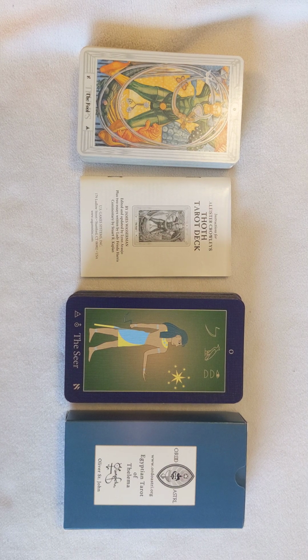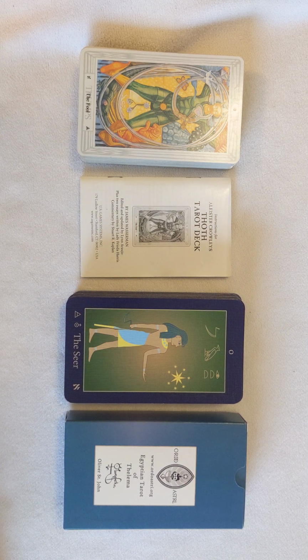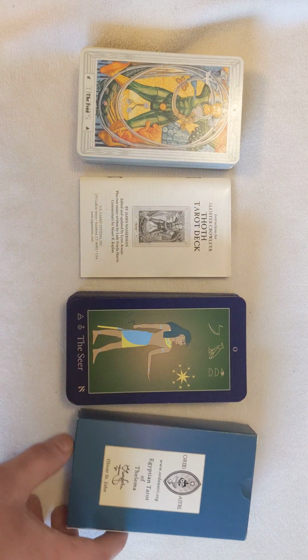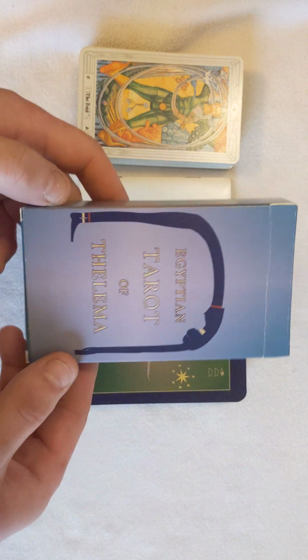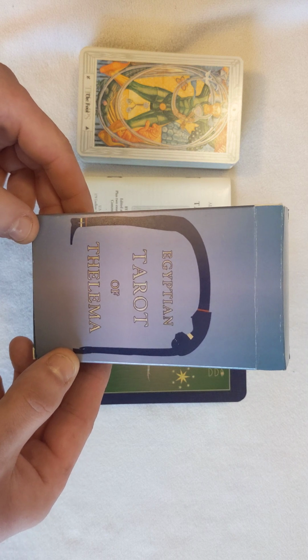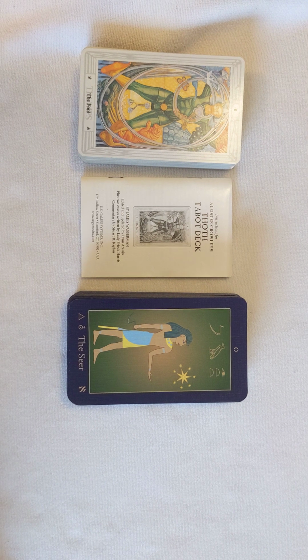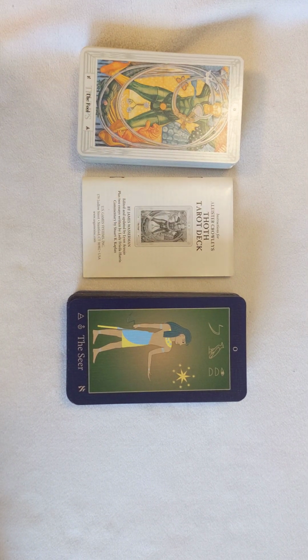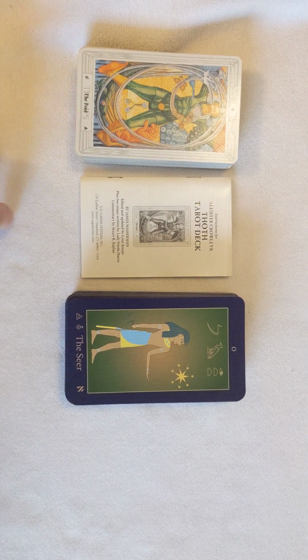Before I get into the silent walkthrough, I will explain a few things about the history, art, and mystery school symbolism of the esoteric Thelema deck. But before I do that, I just wanted to show everyone, this is the box the deck comes with. And it doesn't come with anything else. It doesn't even come with the pamphlet or booklet that most tarot decks come with to explain what the cards are for and what the meanings are,